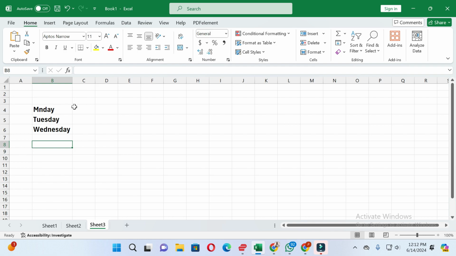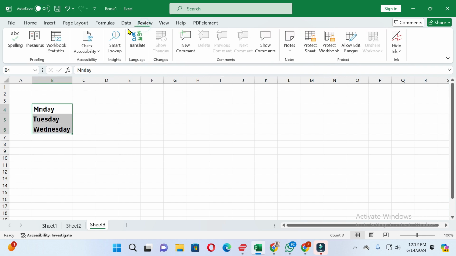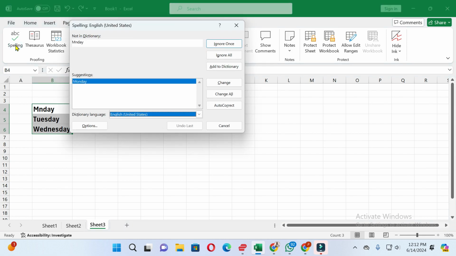So let's start. Firstly, select the data. After selecting the data, here you can see the option of Review. Just click on it, and then you can see the Spelling option. Just click on it. After that, here you can see